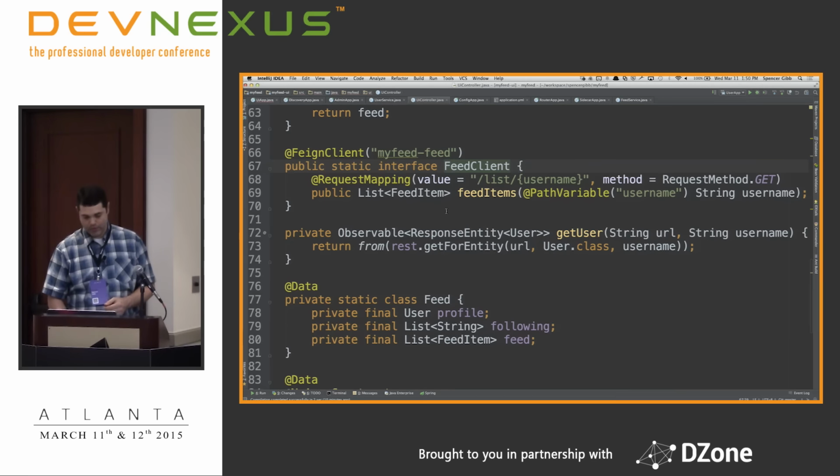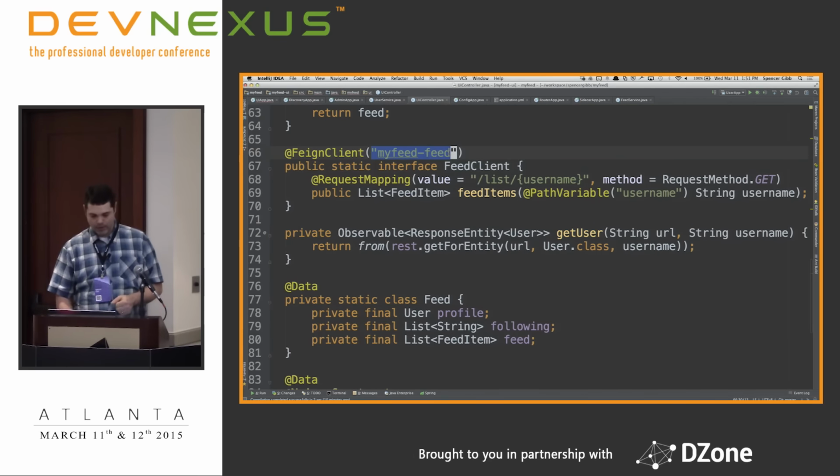So rather than programmatically making the REST call, you describe what the REST call looks like, and then Feign handles making the REST call for you. And again, Ribbon is plugged into that, based on the service ID that you define in this annotation.